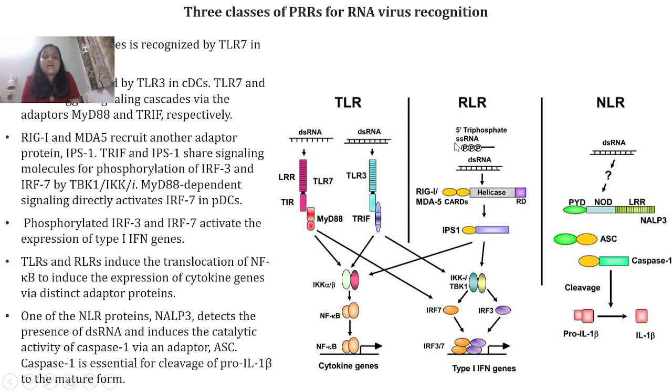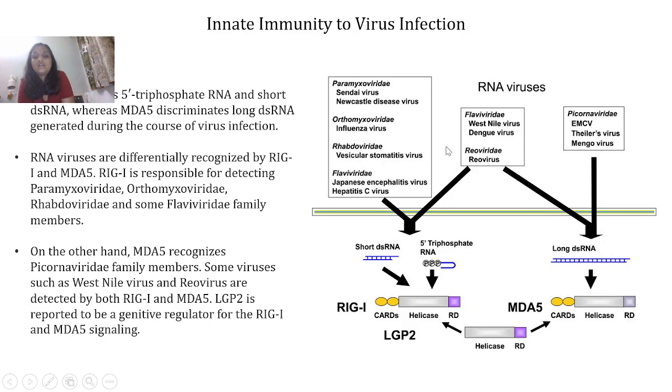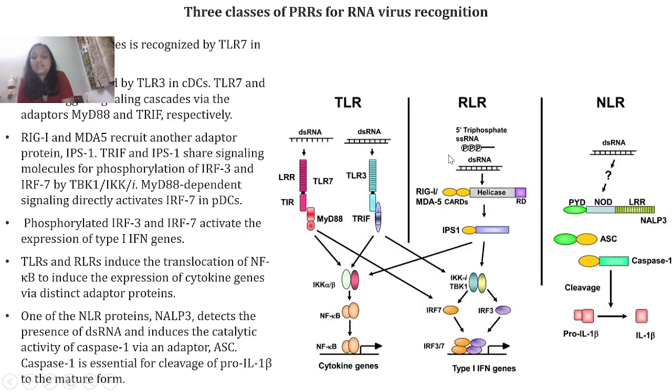For example, then comes the RLR pathway, or the RIG-I-like receptor pathway, which, as I already told, RIG-I can sense this triphosphate RNA as well as the short double-stranded RNA, while long double-stranded RNA are recognized by MDA5. They both act and recruit one adapter molecule, which is IPS1. This IPS1 can also